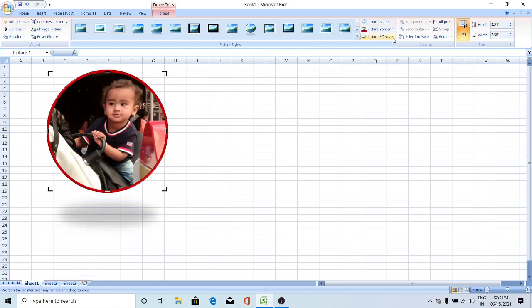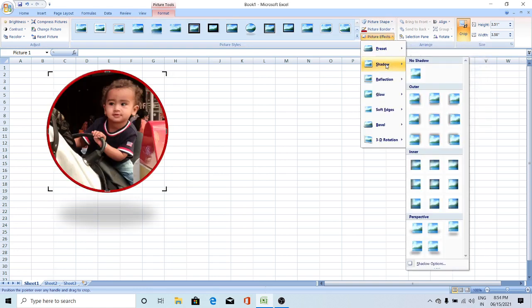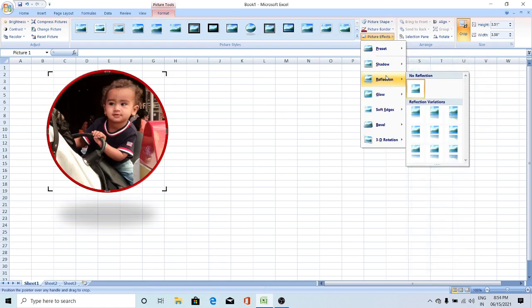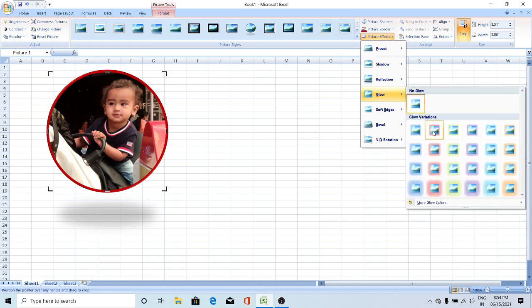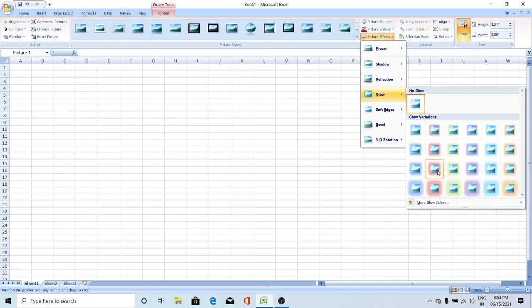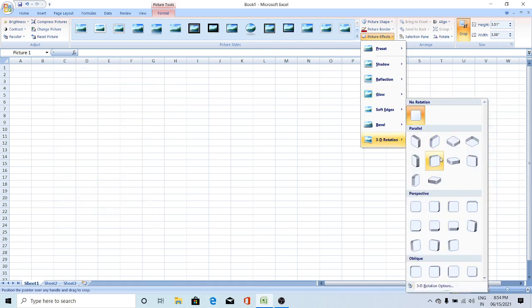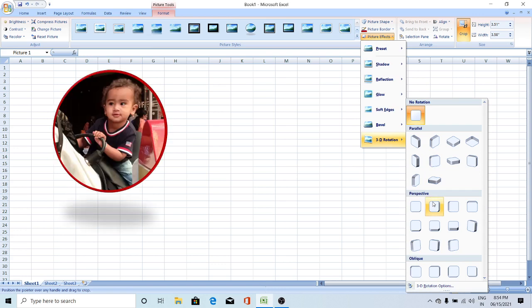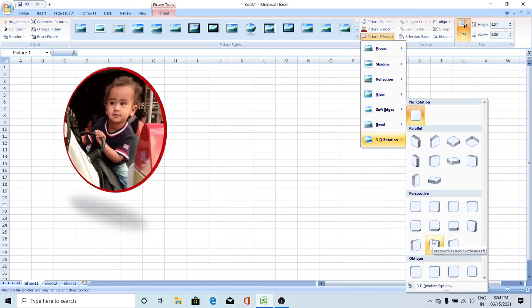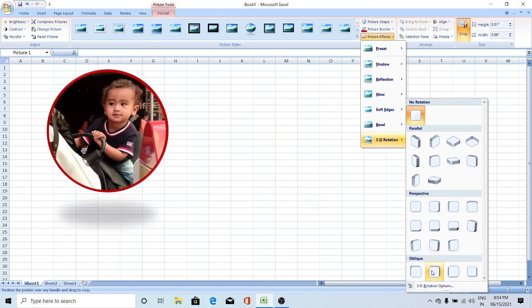And picture effects: you can give 3D effects also to that picture. Glow, like the changes you can see there. If you make any changes, you can see the effect there. 3D rotation, you can set here, and you can make the changes.